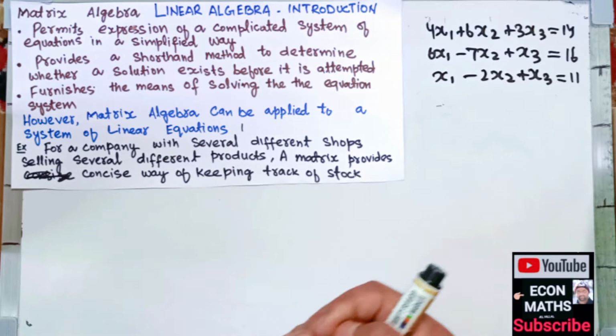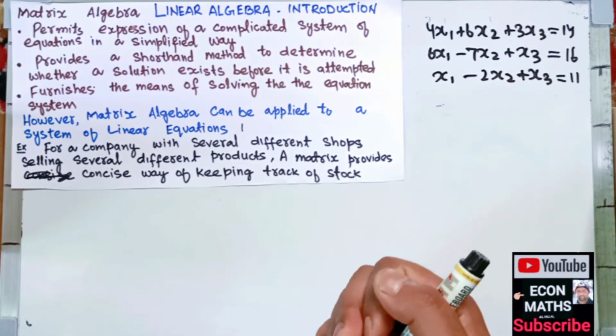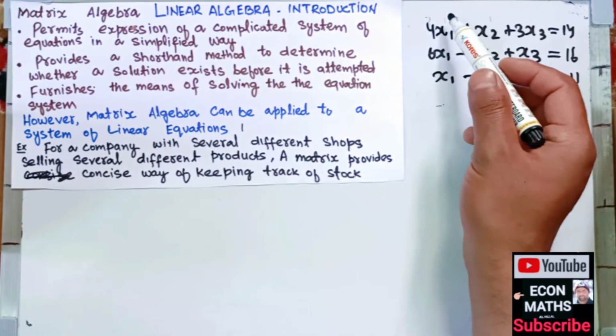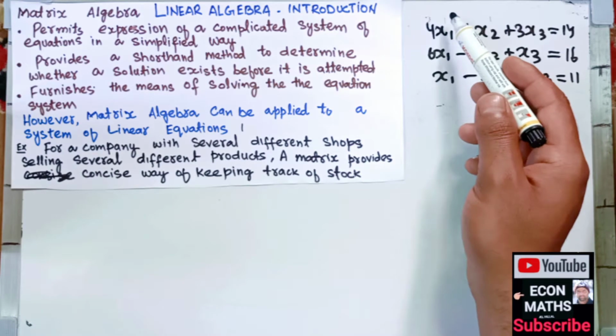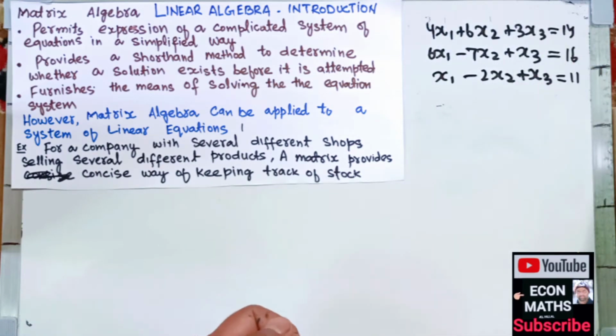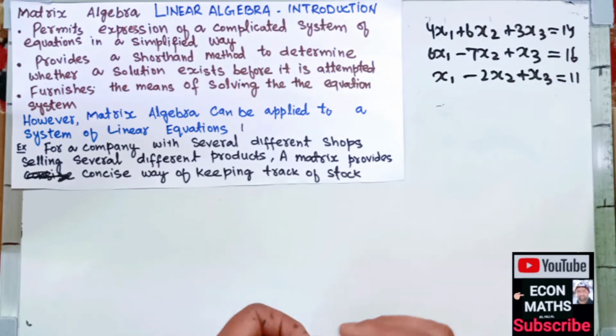A linear equation is one where the degree of the variable is 1. That is, the highest power of a variable is 1. Here we can see the highest power is 1 because x to the power 1 is here, the exponent is 1. Similarly, here also the exponent is 1. Here also the exponent is 1. So these are the linear equations. So we can use the matrix algebra only on the system of linear equations. But